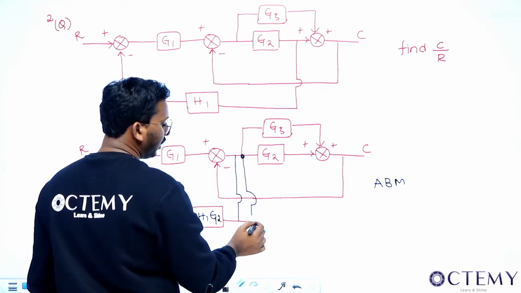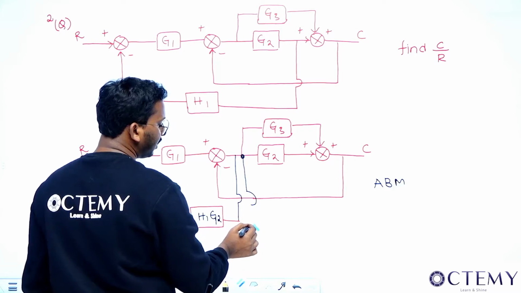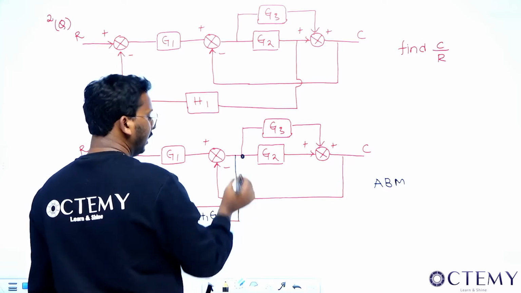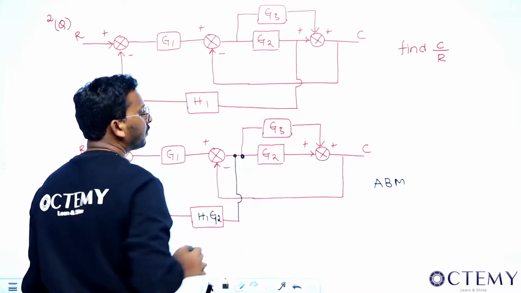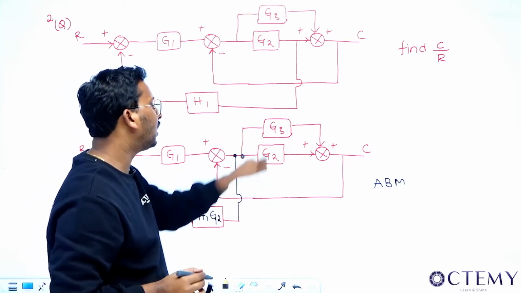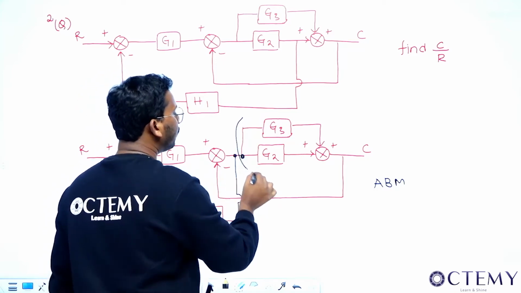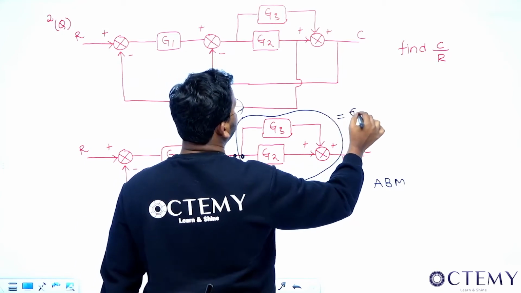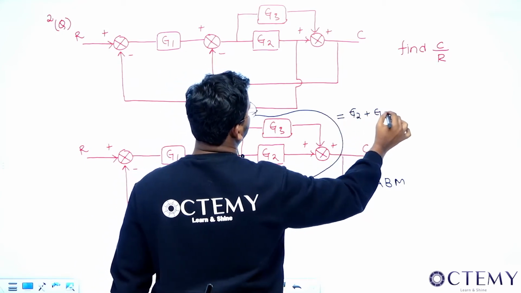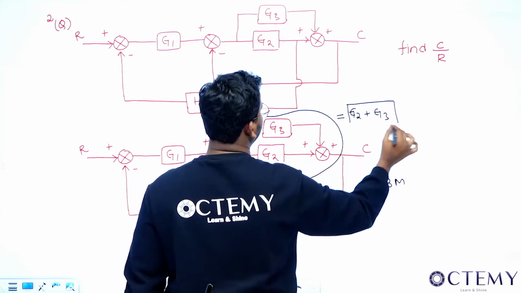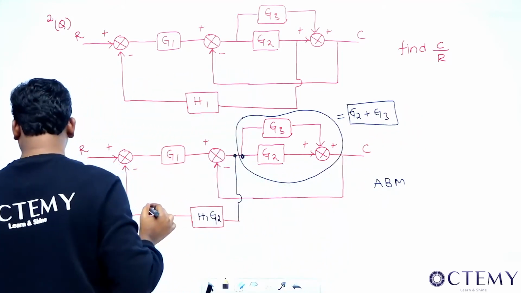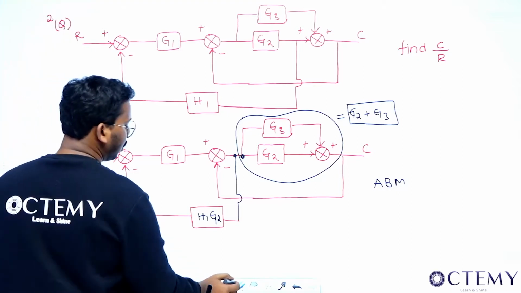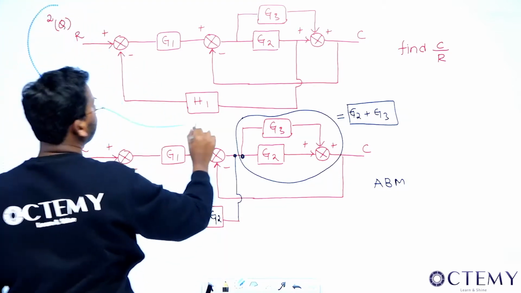Right? You either put it here or here, it is the same, because it is on the same line. I told you this also, that it will be basically the same, right? So now you have two things like this. So this is easy for me now. What is this, sir? If you want to draw the equivalent of this, the equivalent of this will become what? This will become G2 plus G3. This block will become G2 plus G3. So see, sir, what should I do next? So the next line should come like this. Let me rub this.